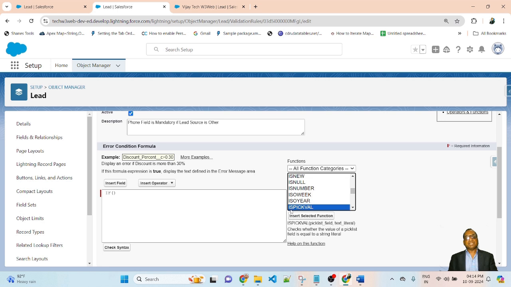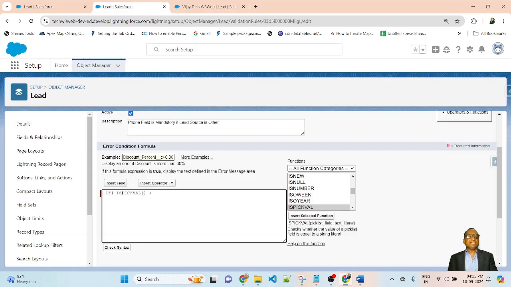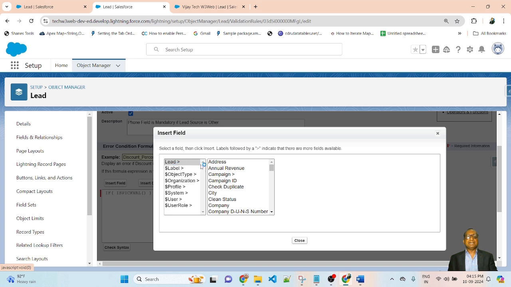So I am selecting the function ISPICKVAL, then Insert Selected Function. So first I define the if condition, and inside it I selected the ISPICKVAL function. Inside this function, I will insert the field name, which is lead source. Here is an option to select a field. Insert Field. Select Lead, then Lead Source.